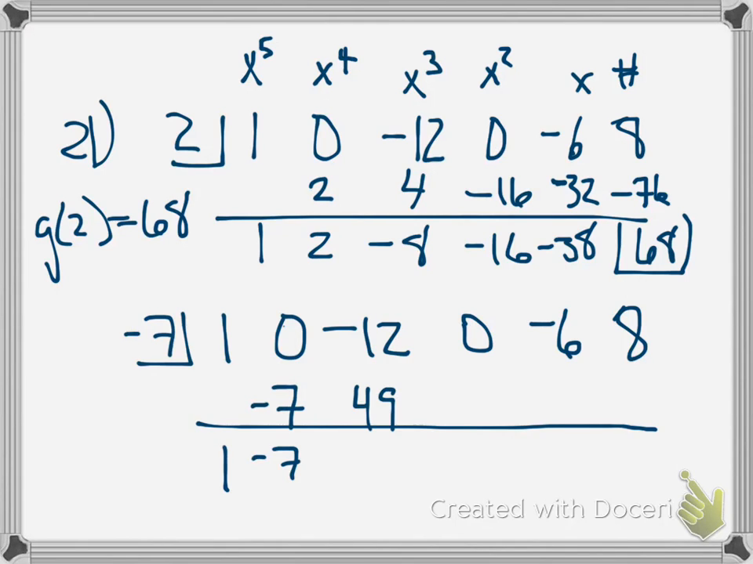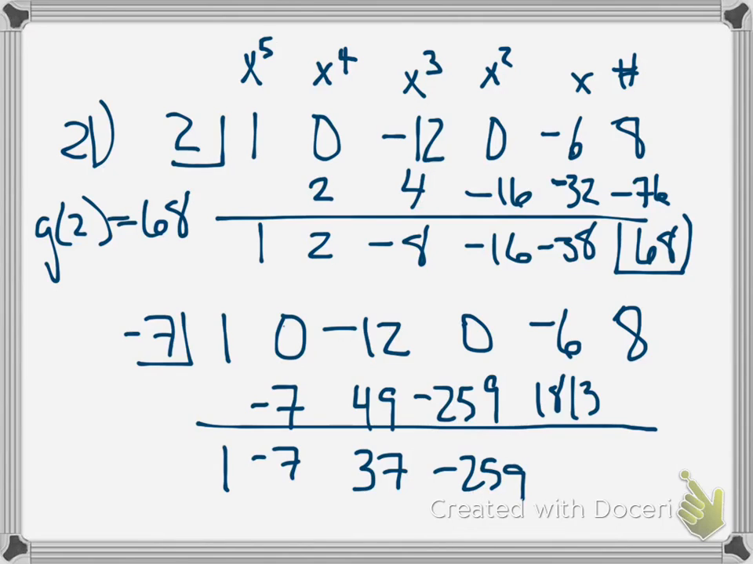you keep going like that. 49 minus 12 would be 37. 37 times negative 7 would be negative 259. Carry the 4, negative 259. And then you would multiply again. So this should give me